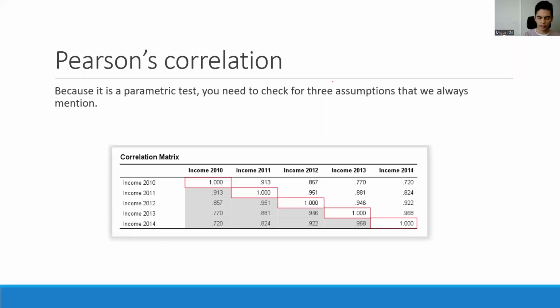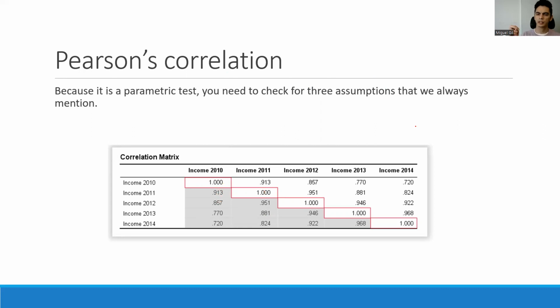Okay, so we have two types of correlation, if you remember from the table, but I will focus on the Pearson's correlation. Pearson's correlation tells you not only the relationship and if they are related, but also the strength of that relationship. Like in here,